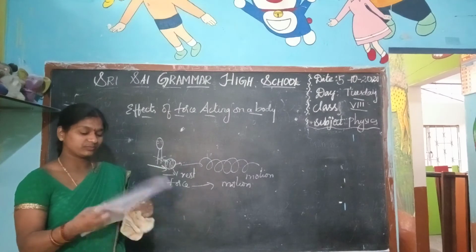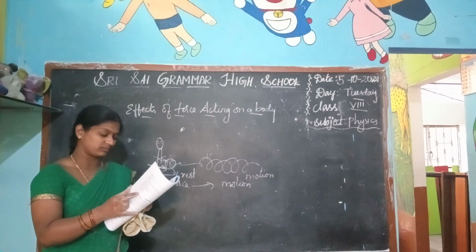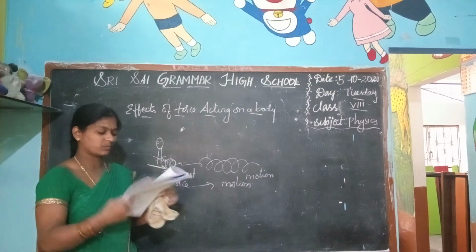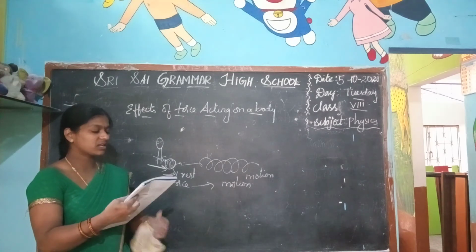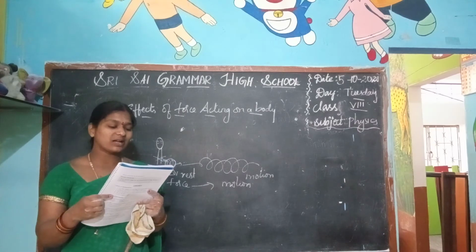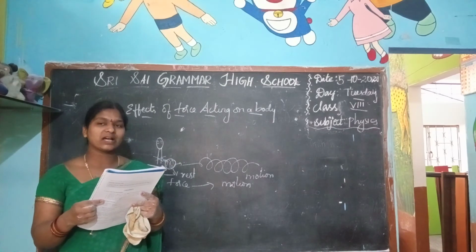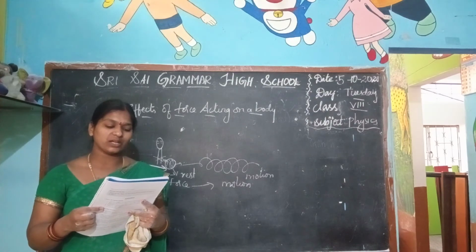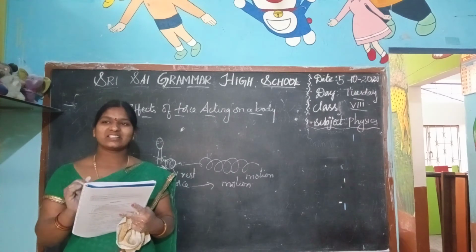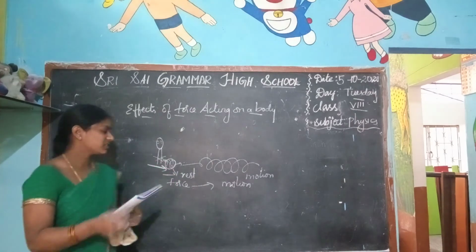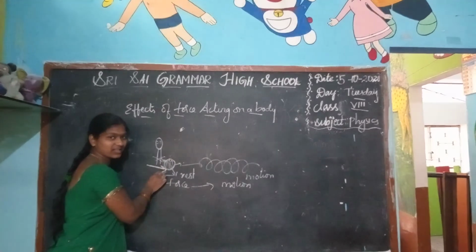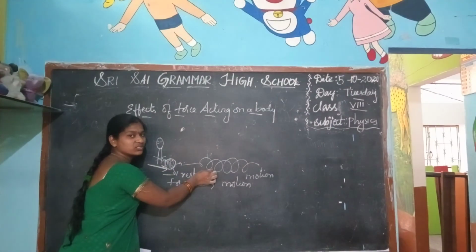Now see, when another player comes and applies force to stop it, it comes to rest. The ball comes to rest when the net force acting on it becomes zero. In the game of cricket, a bowler sets the ball in motion, whereas a fielder brings it to rest by applying force. When a ball is kicked while it is at rest, it is trying to move, some motion is acted on the ball.